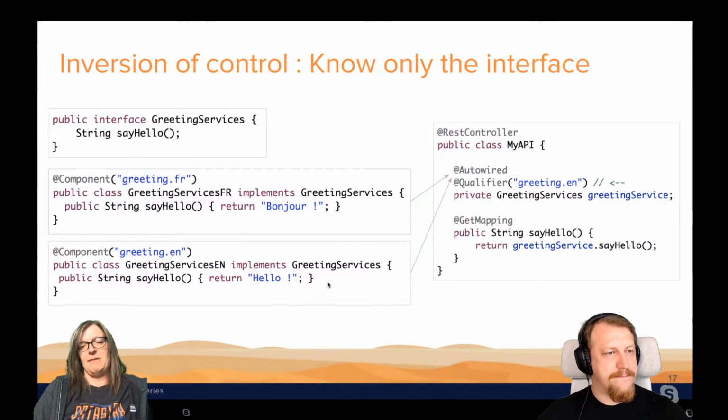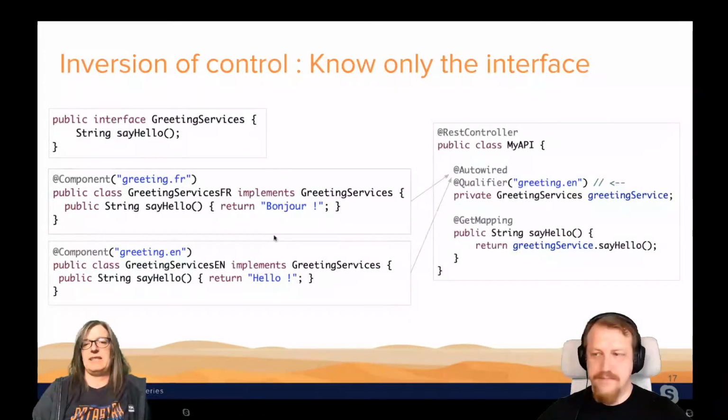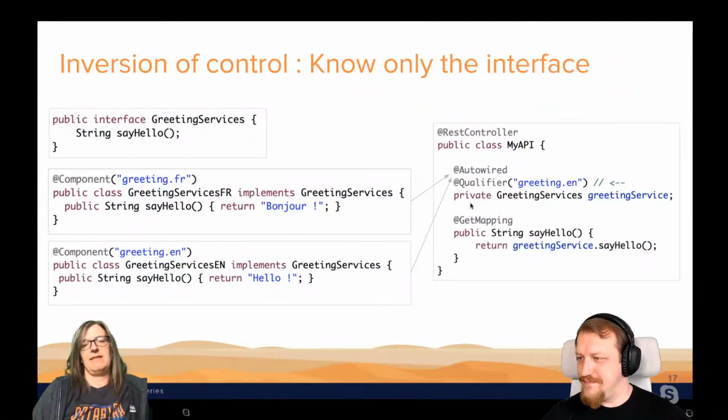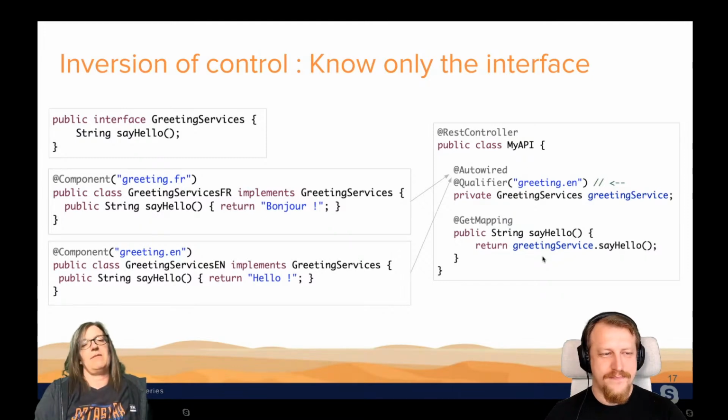And then at the time when we write the application, we actually don't want to worry about the particular implementation anymore. We just say, hey, we need a greeting service, and we're going to auto-wire that in, right? And we just specify which one we need. So in this case, we're going for the English one, and it just provides that to us. And then from then on, we rely on the framework injecting that into our application, so that we don't have to do it explicitly anymore.